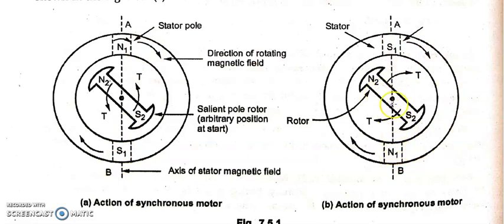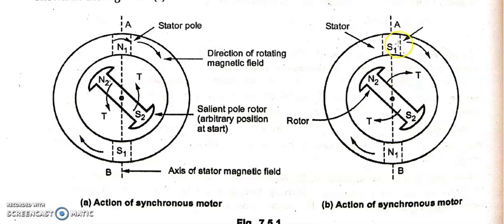Now, due to this condition, from figure B, with S1 and N1, N2 tries to attract towards S1, whereas S2 tries to attract towards N1. Again the attraction is in the clockwise direction. Now the rotor tries to rotate in the clockwise direction, as they are unlike poles. N2 and S1 are unlike, as well as S2 and N1 are unlike to each other. Similarly here also, the rotor hardly rotates in the clockwise direction.